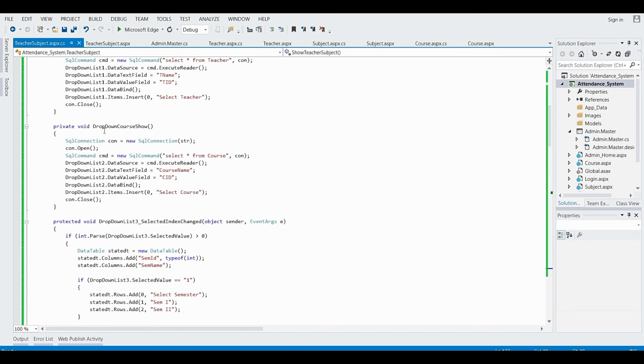Now in the drop down course show function, again I have given here SQL connection. I open the connection. In the SQL command, I have given select star from course.